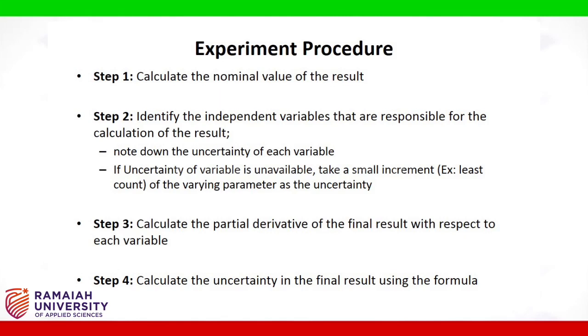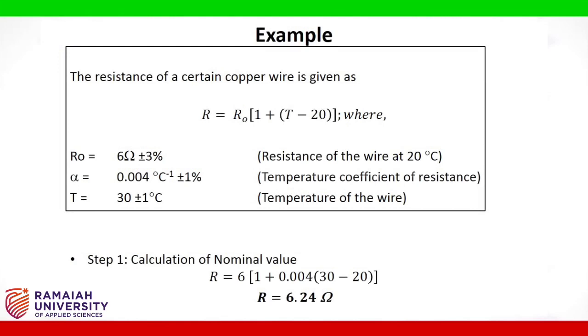If uncertainty of a variable is unavailable, take the least count of the varying parameter as the uncertainty. The third step is to calculate the partial derivative of the final result with respect to each variable. Finally, the uncertainty in the final result using the formula is calculated. Let us solve an example and